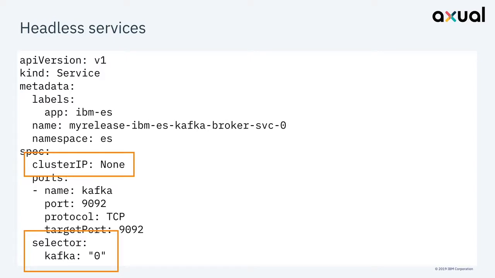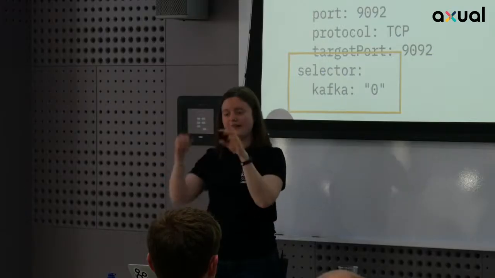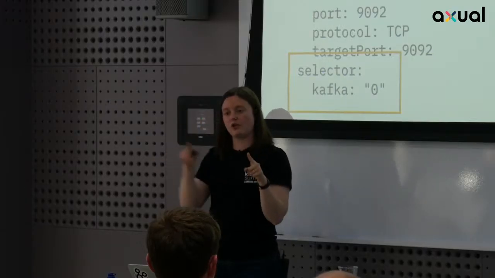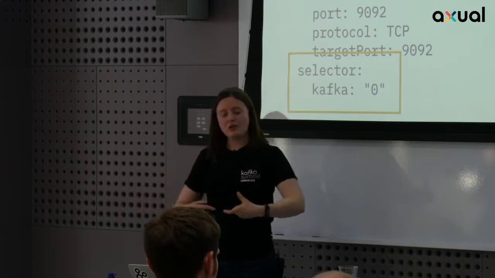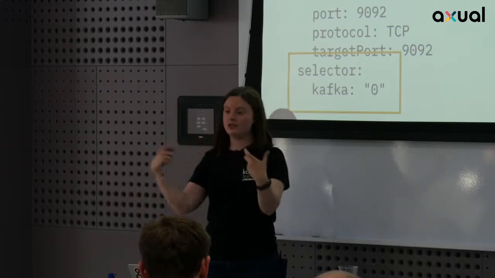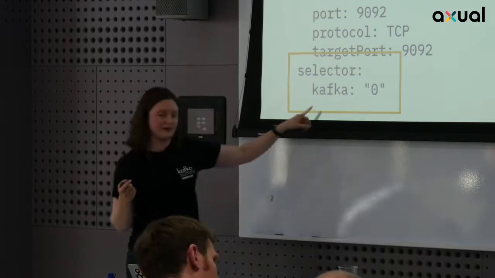And it comes back to the StatefulSets. So StatefulSets request that you also have something called a headless service. So this is a generic service, but it has a cluster IP of none. That's the key setting. And you can see here that I have a selector with a 0. So what this means is basically rather than saying I'm going to have one service that's just going to load balance across all of my different pods, you can have a headless service for each of your Kafka pods and have them routing by selector.